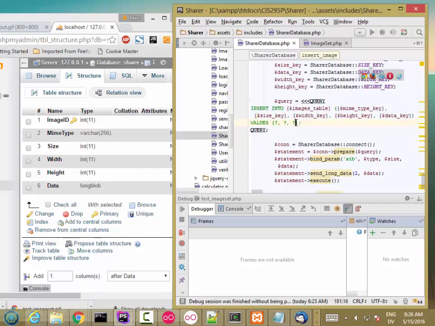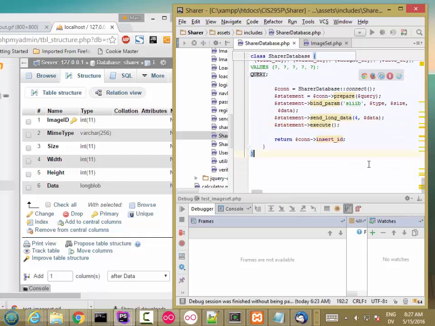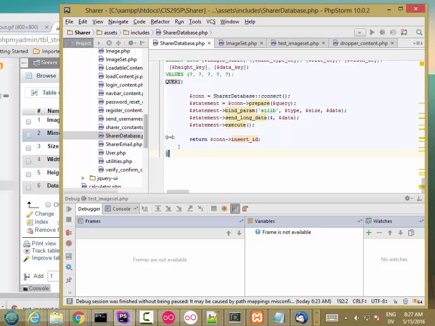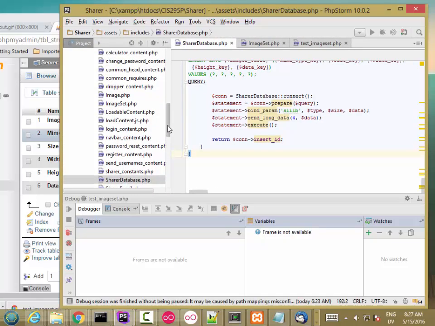So I added two more parameters. So this is IIB, and now this is the 0, 1, 2, 3, 4th parameter is data, and the rest is the same. So then this is called from image